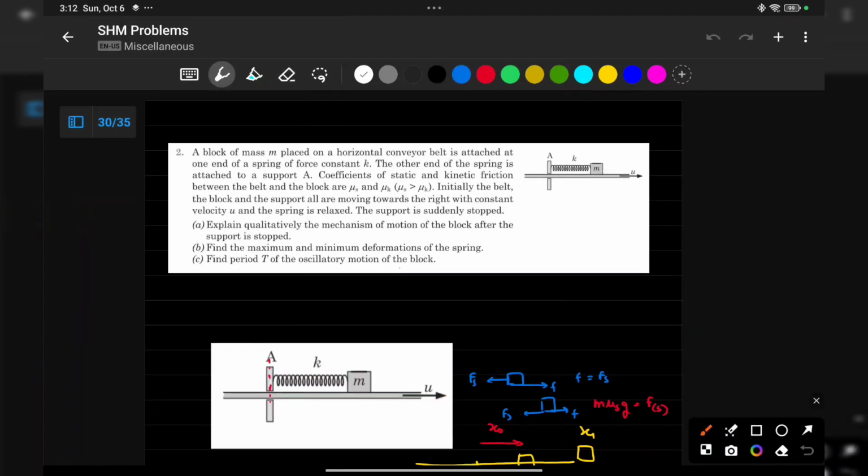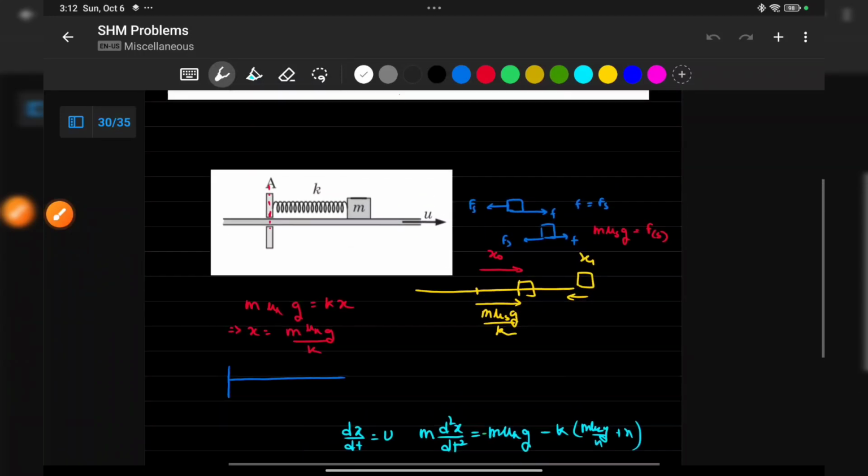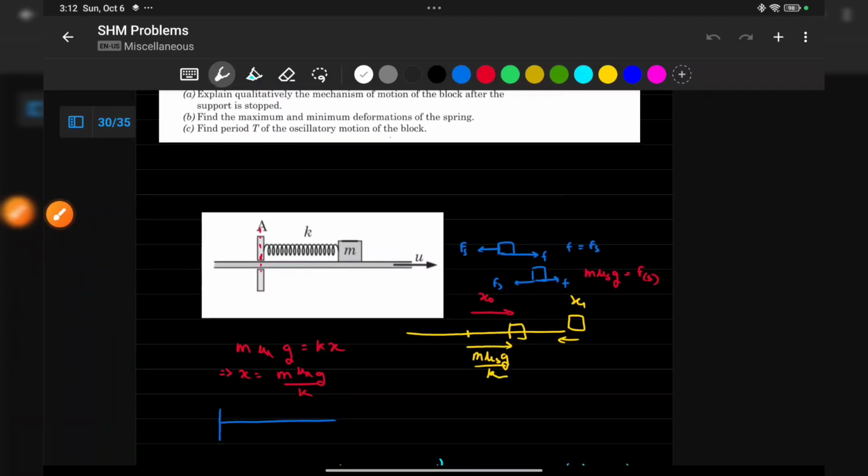In the next part, let me see what's written. Okay, so this is just written that there is friction, Fs. Until the final phase comes, this was the scenario. F was Fs, and that's why it just keeps on moving with the belt. There was not a problem. Then kx becomes equal to Fs, right? When finally the friction and the spring force become equal, after that it starts deforming, and after that